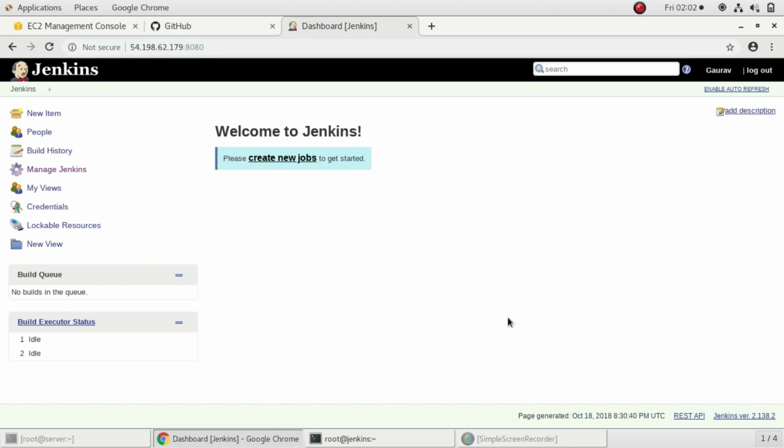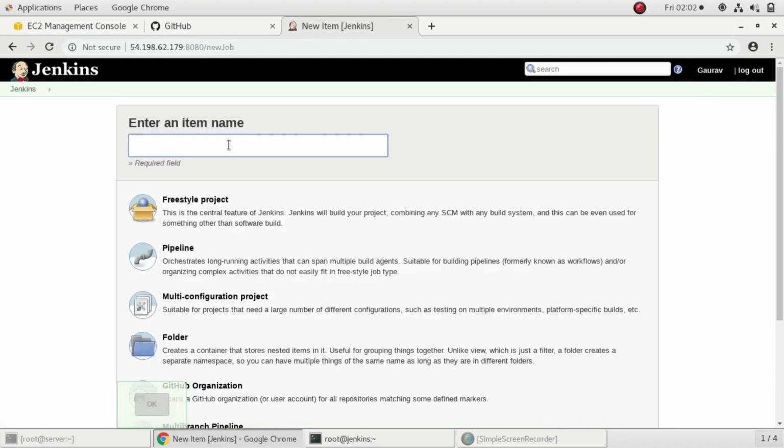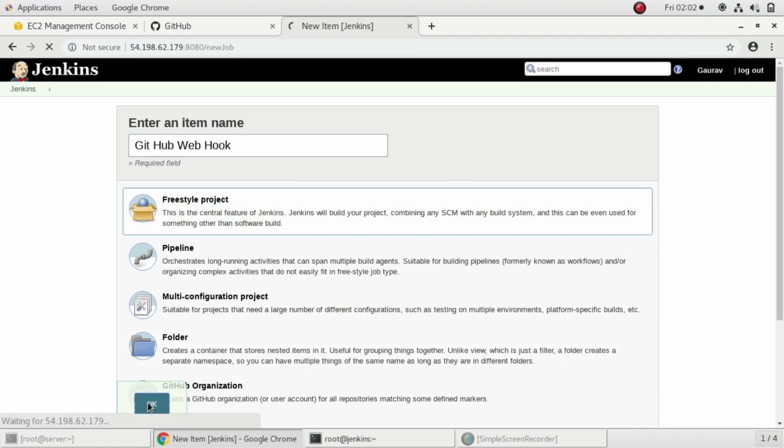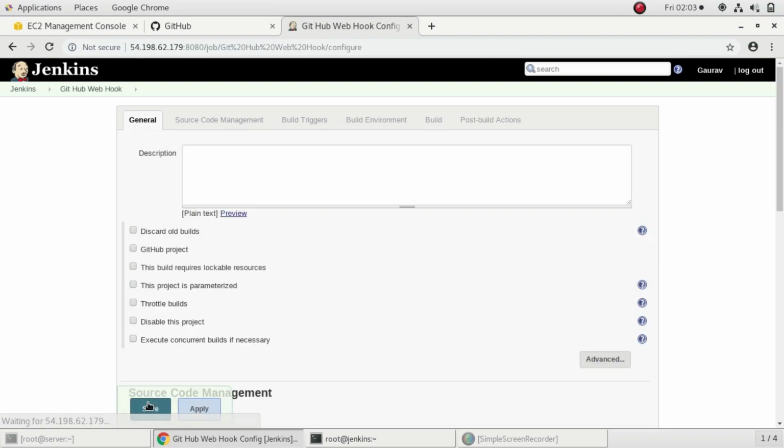Now I'll go ahead and create a job called GitHub webhook. I'll choose the freestyle project and click on OK, and I'll give a description: GitHub webhook.